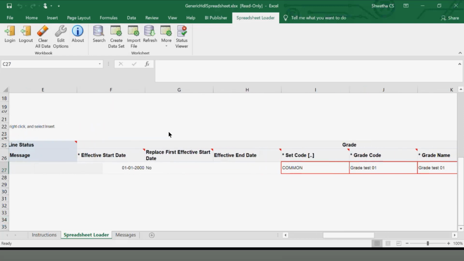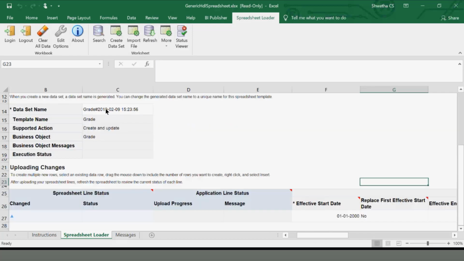Okay, like this we enter all the values, and above under spreadsheet loader we have an option of upload. When you click on upload, all the data present in your spreadsheet will go and sit in your staging tables, that is HDL staging tables. So this is how we do the import. Load happens in your HDL window. Okay, so we'll see how that happens. The file name you can check, the dataset name is this. The date it is showing as 2/19/15/23. With this name, it will trigger a file in the HDL window. Okay, I'll do an upload.